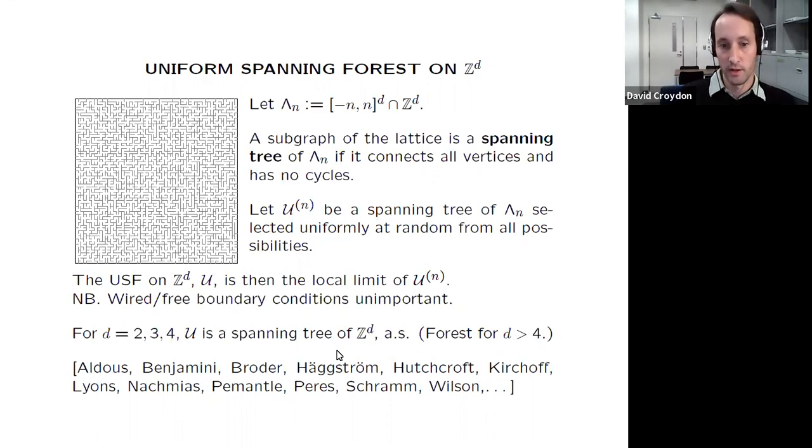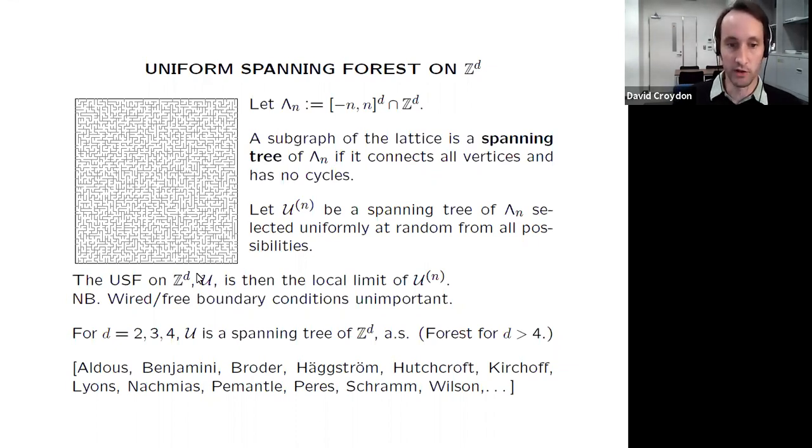As might become a little clearer later in the talk, this has something to do with the way in which random walks intersect depending on the dimension of space. I won't say too much about why this is the dimension of interest here, but maybe those of you that know a little bit about random walks would already be able to guess why this is true, even if you didn't know already.